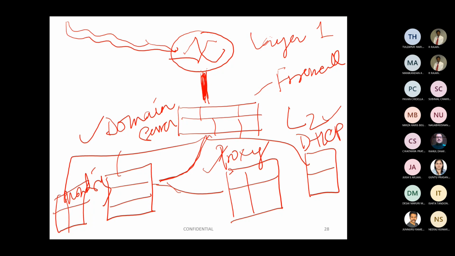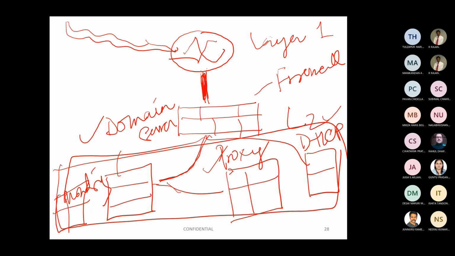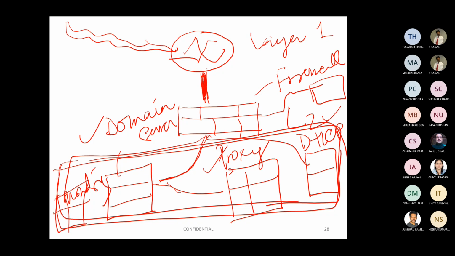Now, let's say there is an application which is required to be accessed by many people who are going to come from outside to inside. Servers are a separate domain by themselves. All servers are in a very separate domain. Then you can design the individual user groups separately. Your server group and user group should not be sitting in the same LAN. That's where you are further segregating. It could be layer 3. This could be layer 4.